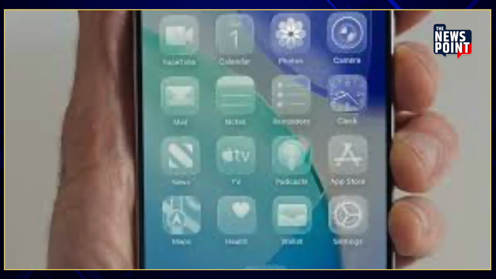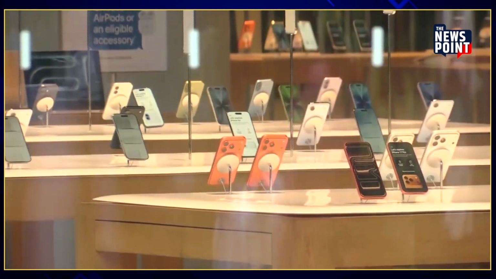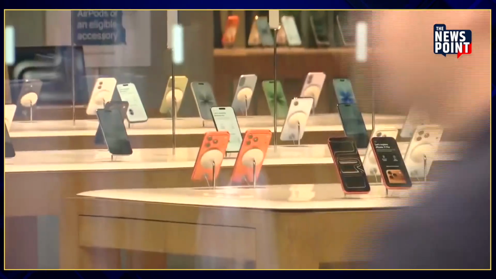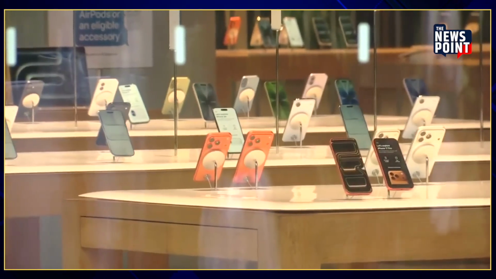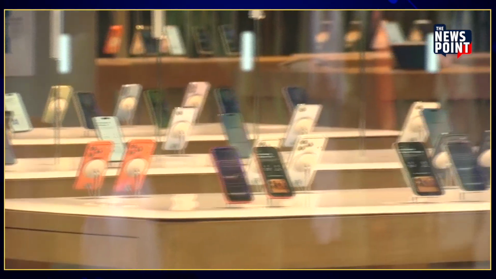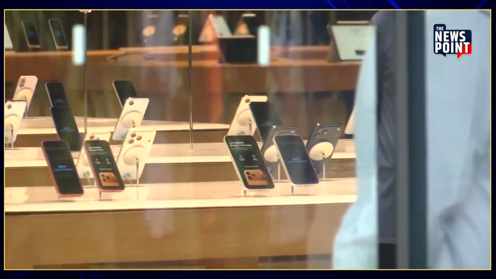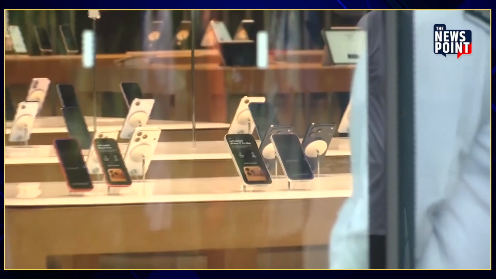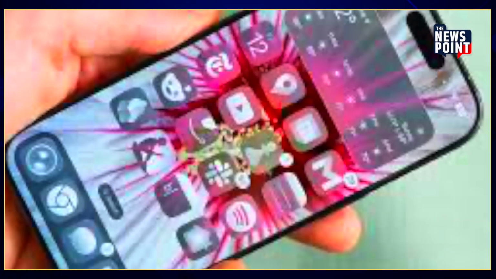Now, the question is, why are these issues happening? Apple explains that many of these problems are linked to background processes that kick in immediately after an update. When you install a major iOS update, the system performs various tasks such as re-indexing files, updating apps to be compatible with the new OS, and syncing data. These tasks are resource intensive and can temporarily cause your device to heat up and consume more battery power. Apple assures users that this is normal behavior for a new update and that the issues should resolve within a day or two as these background processes finish running.